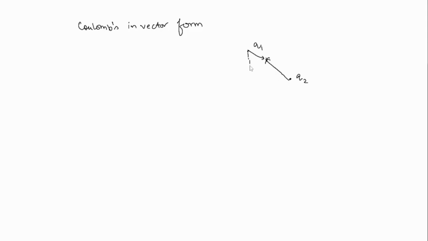They are at distances r1 and r2 from the origin, let's say this is a point O. Then what you know is that F is 1 by 4 pi epsilon naught q1 q2 upon, this is a distance r,